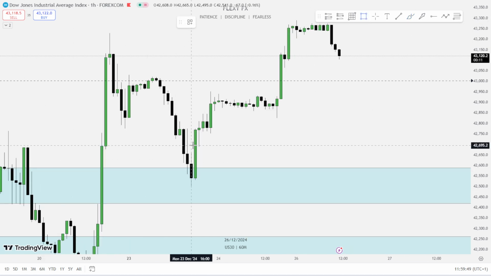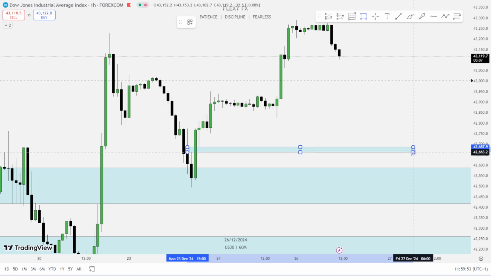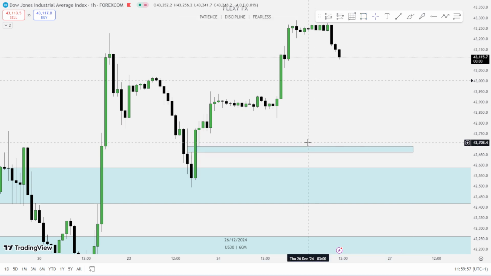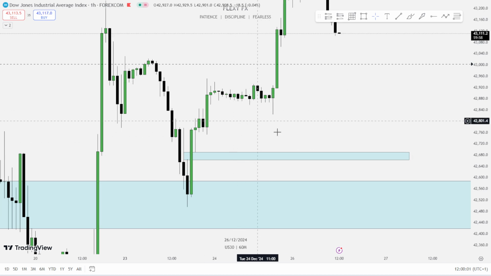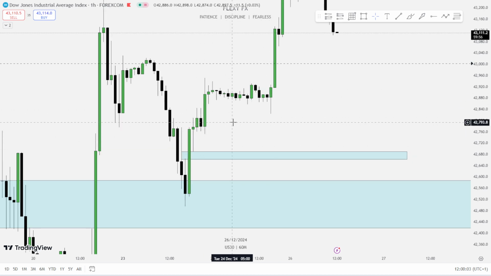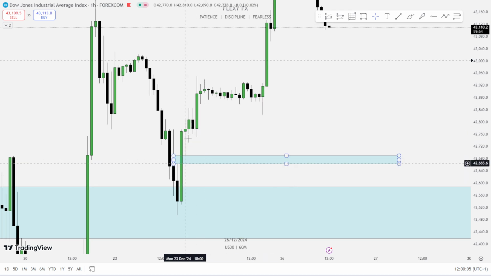I took some of this trade, which is this one. This was where I was expecting price to trade back into before taking a buy position, but price failed to trade back into this position,